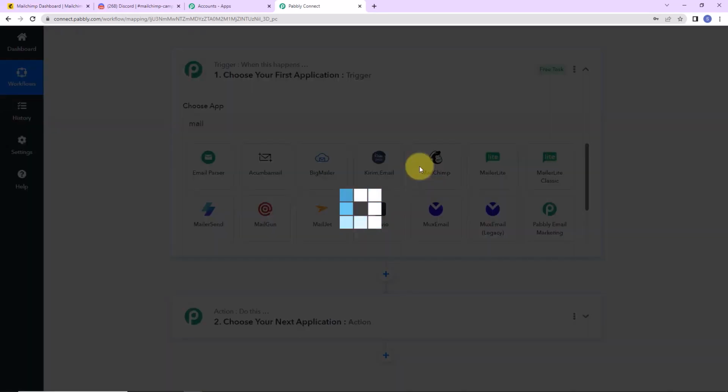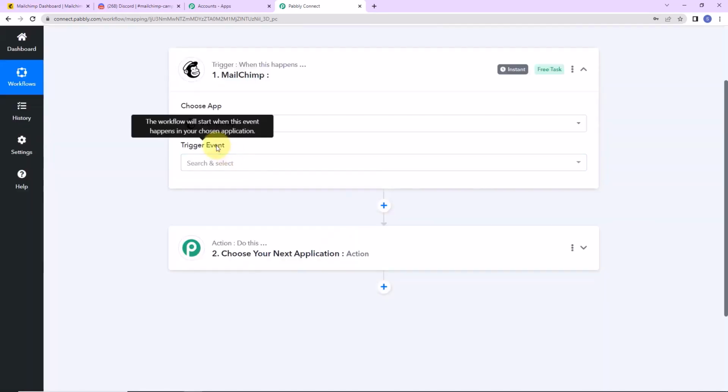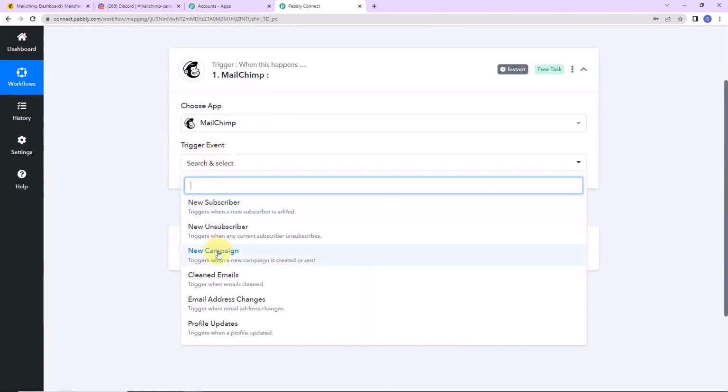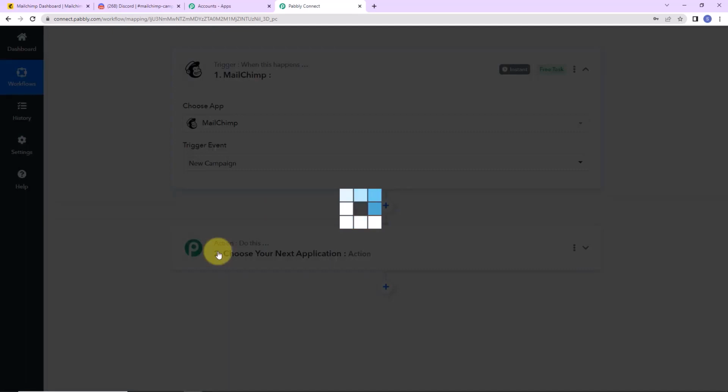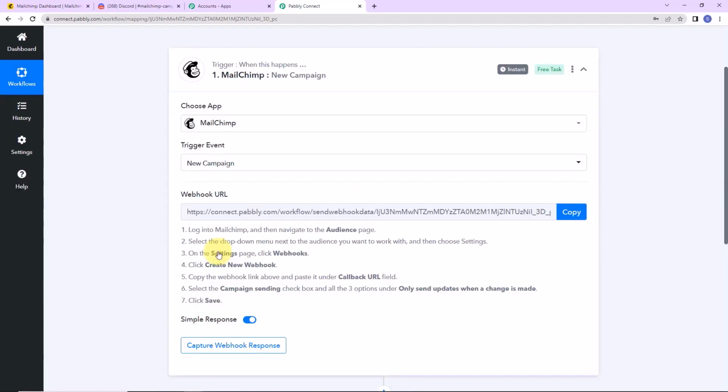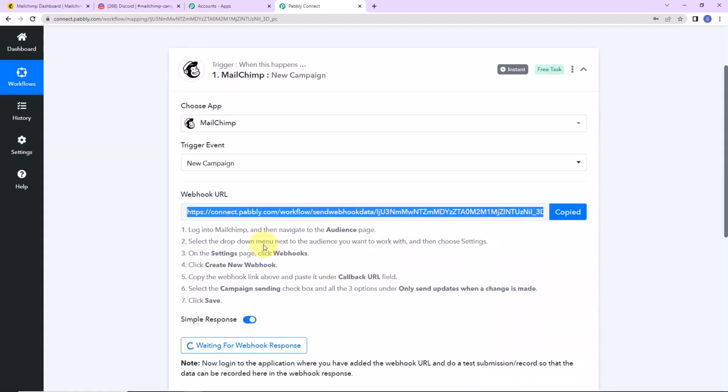Let's click on this. And the trigger event. So this is the event that will make this workflow run. And here it would be new campaign. So every time a new campaign is created, this workflow is going to run. Now here you can see that we have received a webhook URL which is going to act as a bridge for connecting Mailchimp with Pabbly Connect. I'm going to copy this